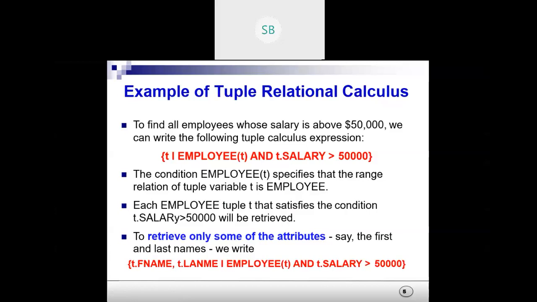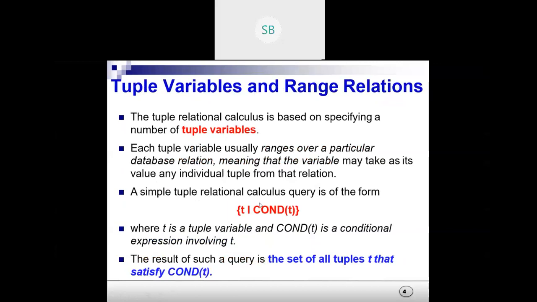Question: this t variable, we have to declare it in the employee table or what, ma'am? No. See, we don't have to declare it anywhere. This t variable is basically a syntax for the tuple relational calculus. This t can be some other variable also: a, b, c, d, anything can be there. But this is just the syntax for the tuple relational calculus, where we must take a variable. Then we will have a separator and then the condition on that tuple.